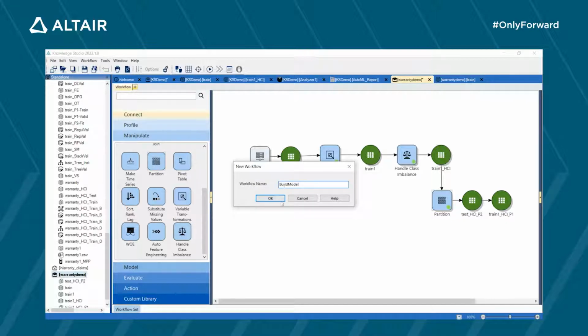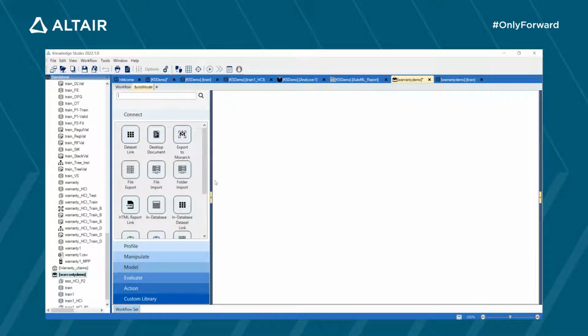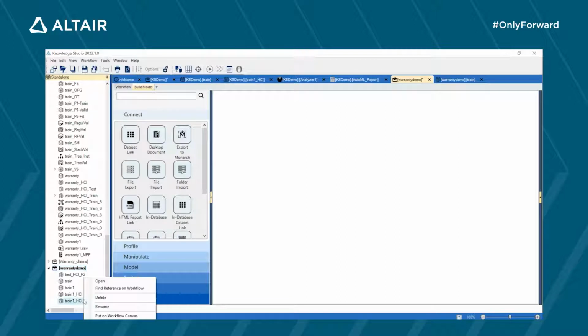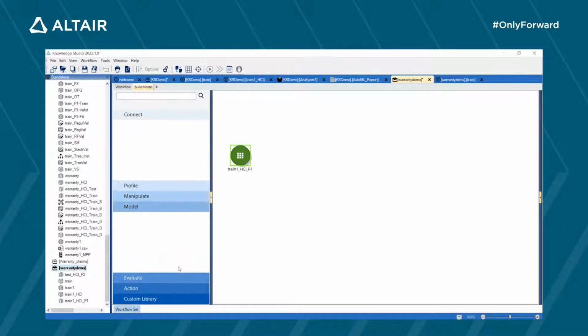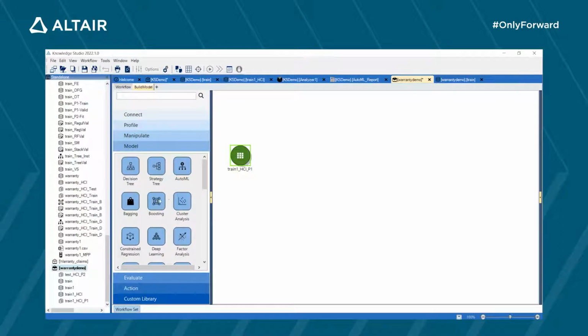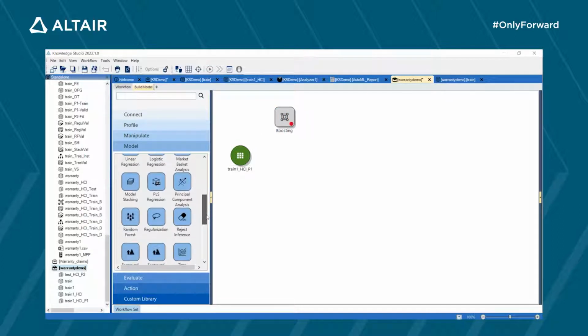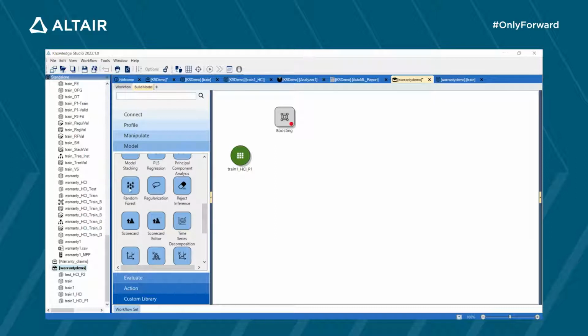Model. Okay. Now I want to bring this to the canvas. Now I want to use different models on this. For now, I want to use, let's say, three models. One is boosting, one is random forest,